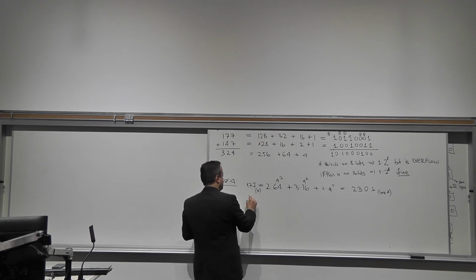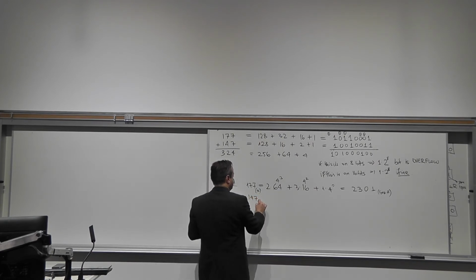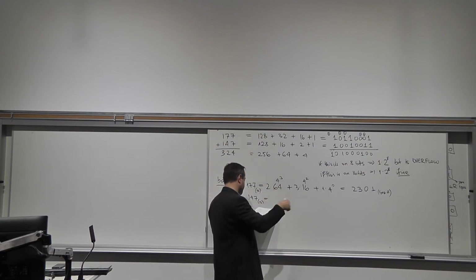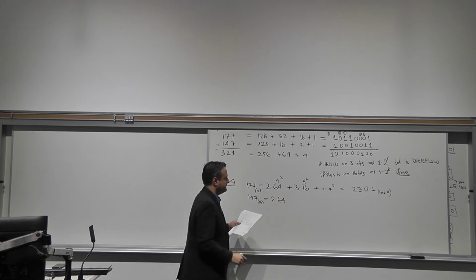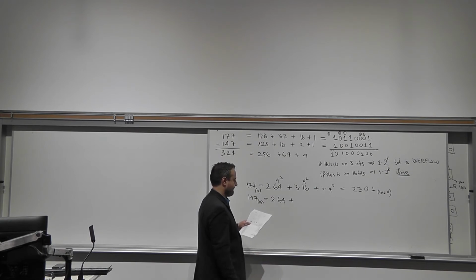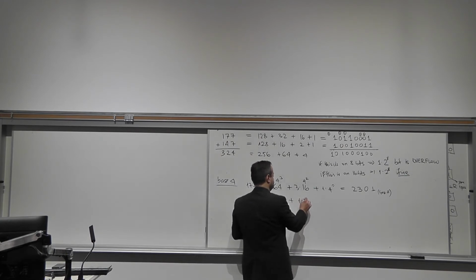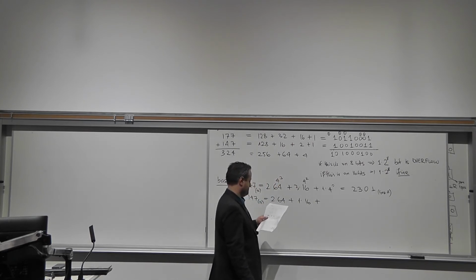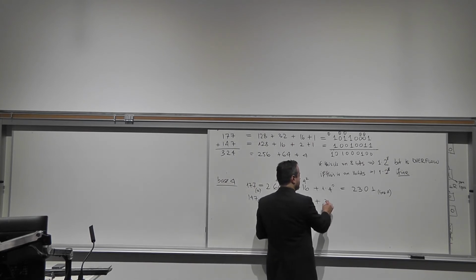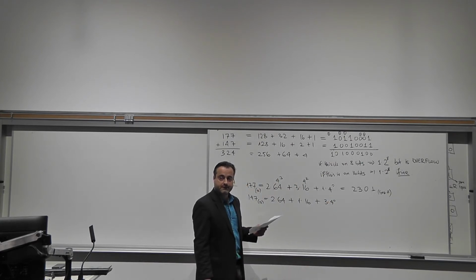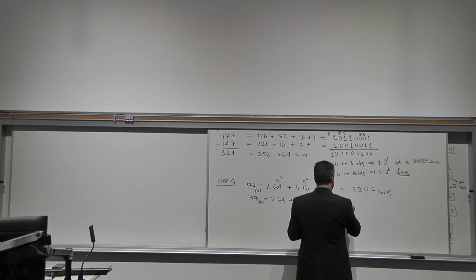How about the other one? 147 in base 10 is, what's the biggest power of 4 that fits? I think it's still 2 times 64. But now things change. How many 16s fit in there? 1. And then what's left? 3. So 3 is what? 3 times 4 to the 0. 3 is an accepted digit in base 4. Right? So this value would be